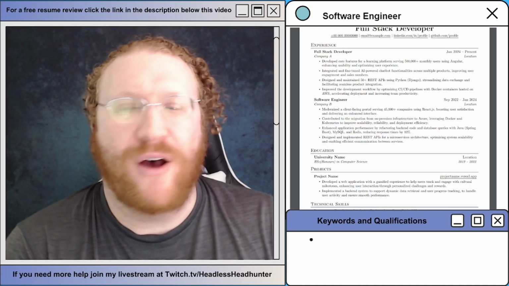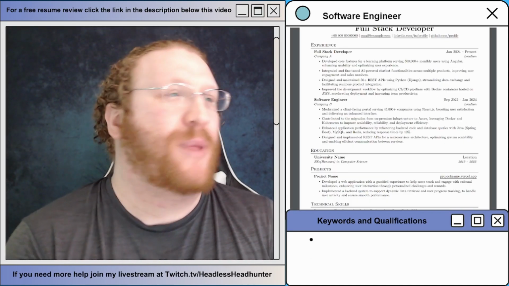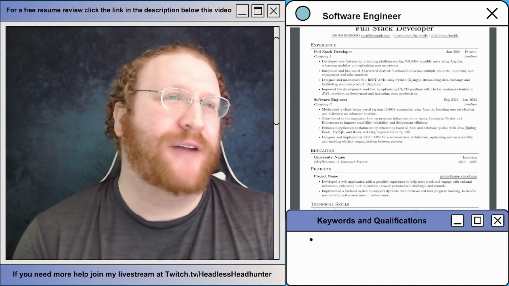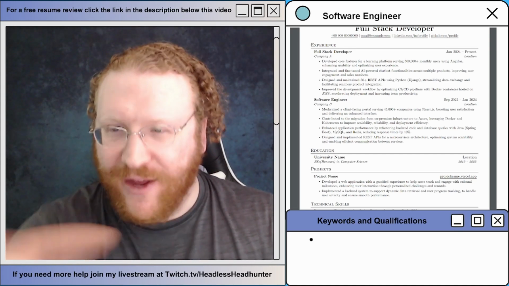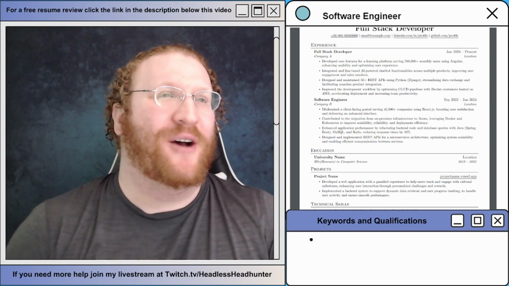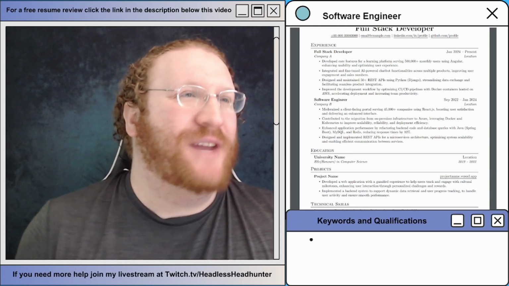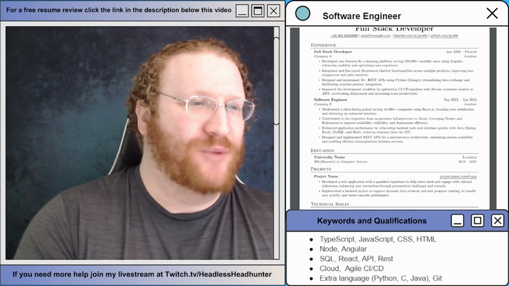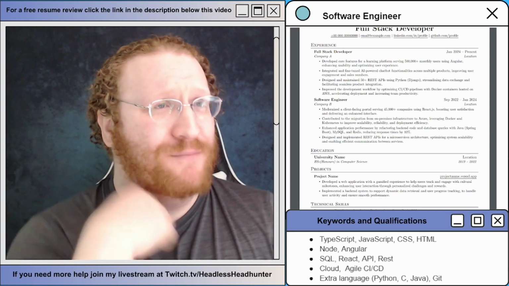A resume of a software engineer. What kind of software engineer? Again, I don't know. We're going to find out. Although, now that I can see this, full stack. Good, you let me know. That's good. So, full stack engineer. If it is a full stack engineer, in that case, I can use these keywords, which I have copied from the last one.